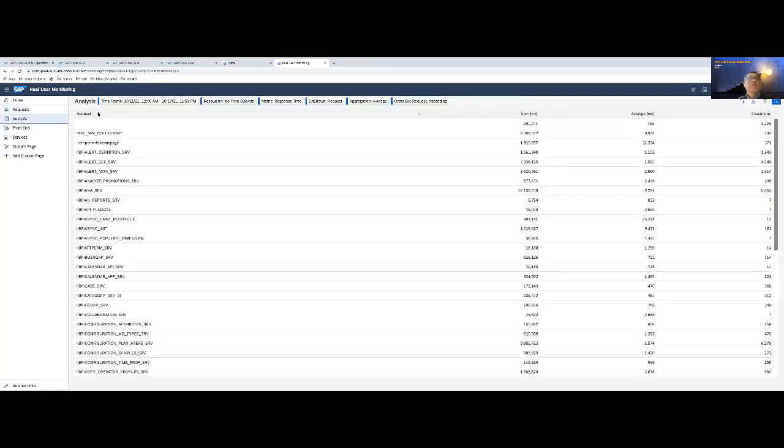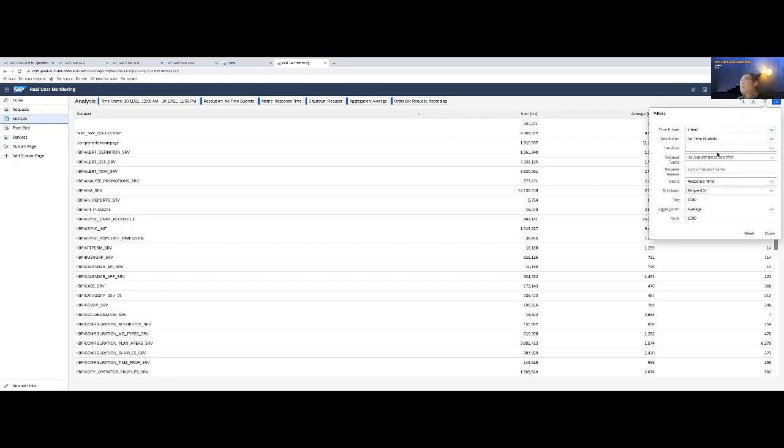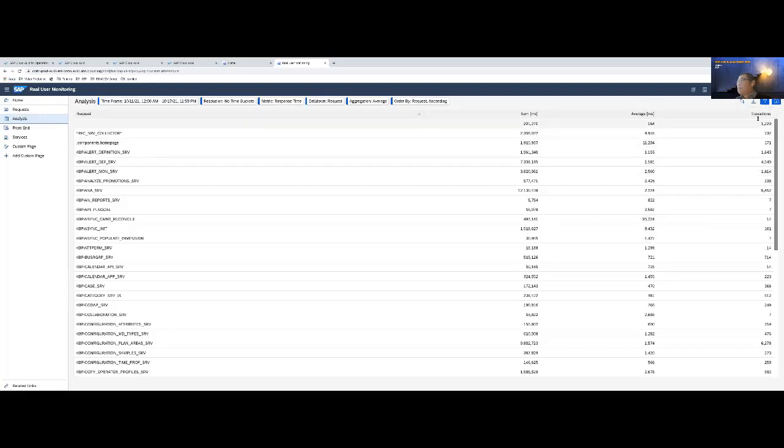As I mentioned, we also have the analysis view. Let's make an example. We want to check which Fiori application was mostly executed in the last week. So we choose the time frame last week because it's a time-independent result. We don't need the resolution, so leave it at no time buckets. The service is my S4 platform, and request name,